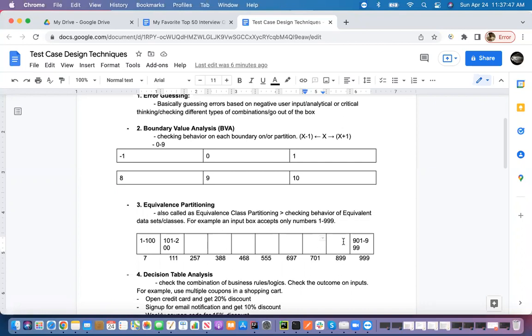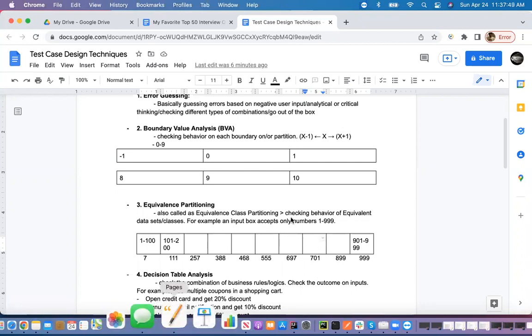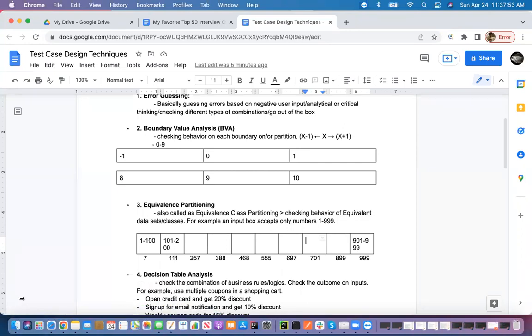Then they figured out that after 500 it doesn't work. You have 200 test cases that you already tested and they worked perfectly, but you missed this part